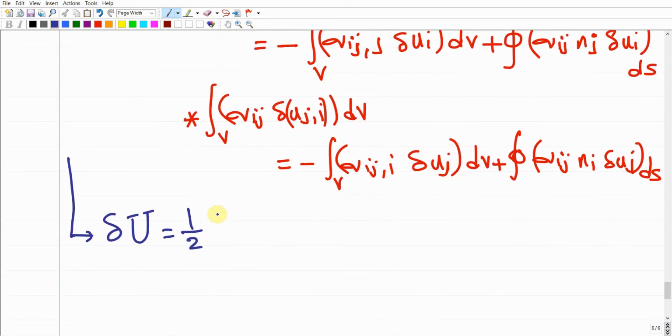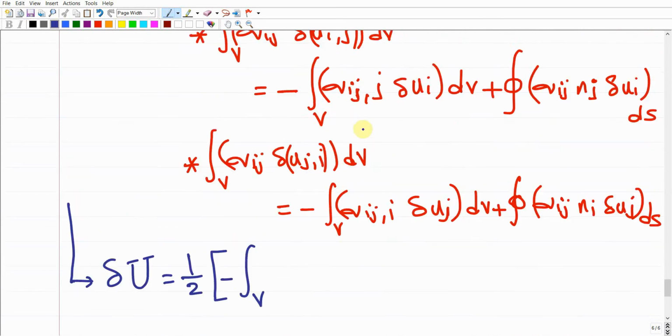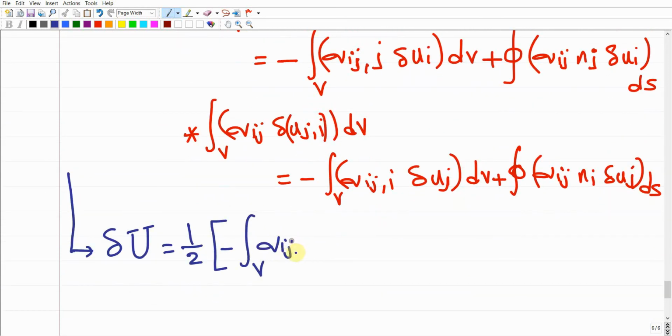So we're going to have here the negative of the integration over the volume of the first term, which is the sigma ij,j, delta ui, and also there is another term here. This is the first variation of the second term, which is going to be plus, because we're already considering the negative outside here. This negative sigma ij,i, delta uj, dv,